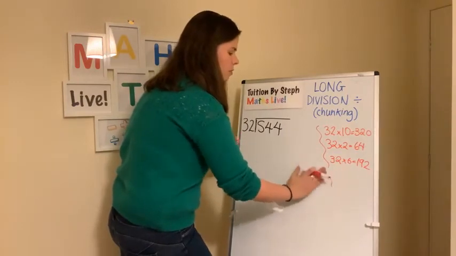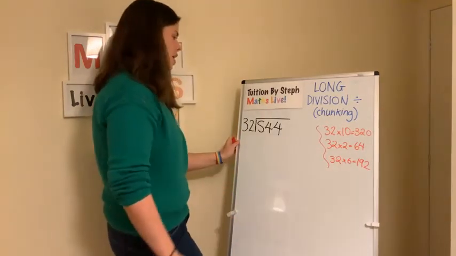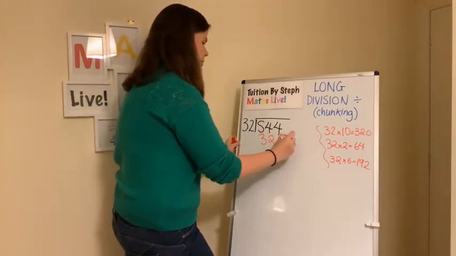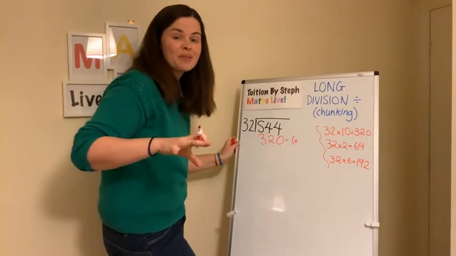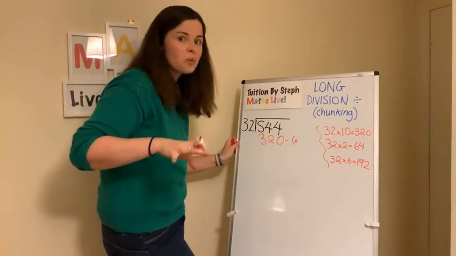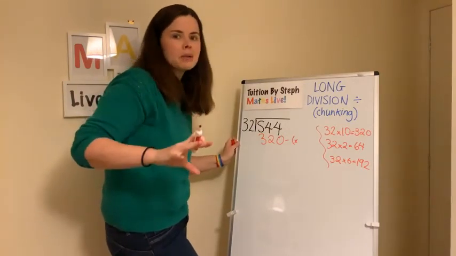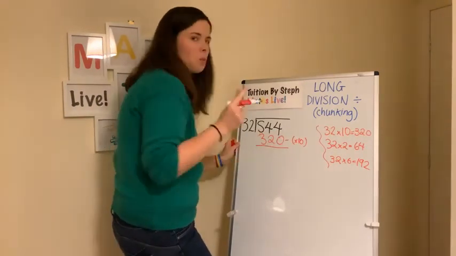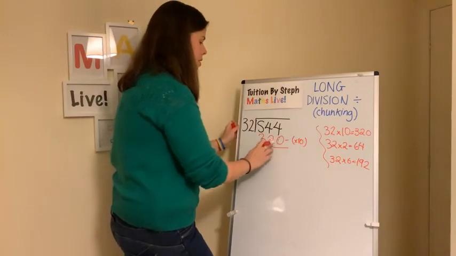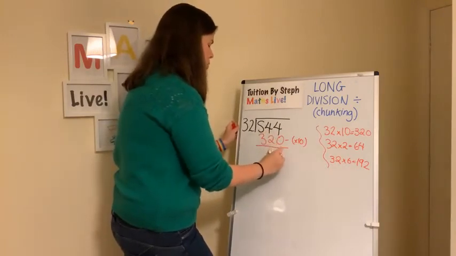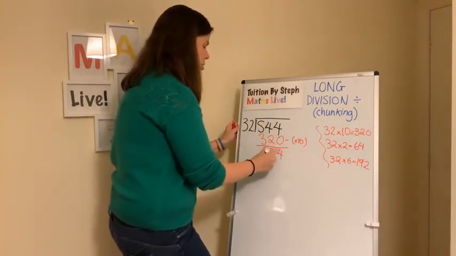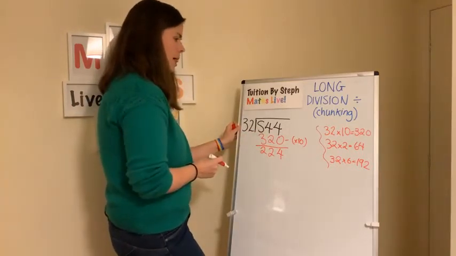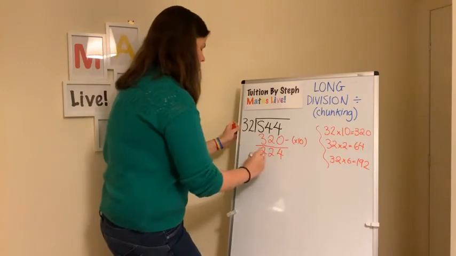Right. 544. I'm going to take 320. And if you haven't taken away 10, 320, don't worry. There's a million different ways of doing this. There's not one set way. 4 take away 0 is 4. 4 take away 2 is 2. 5 take away 3 is 2. Right. I'll do 192 next.